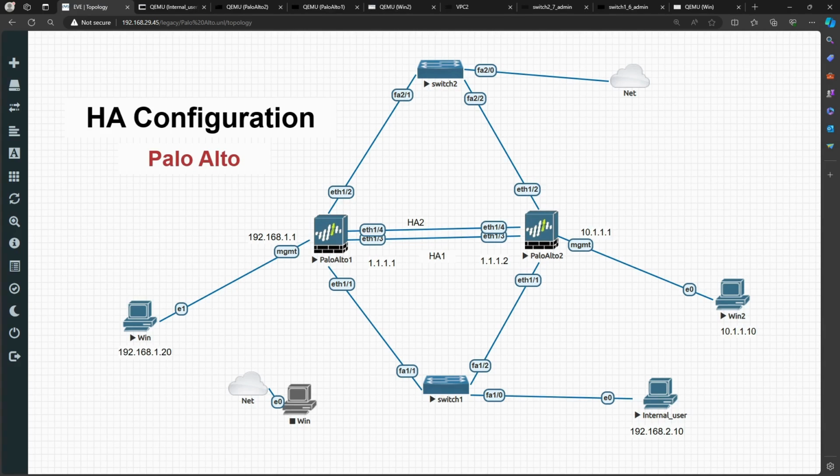Am with you for HA configuration in Palo Alto Firewall. If you have not gone through its theoretical one, because this session is going to be totally configuration and lab part. If you have not gone through the theoretical one or part one, the link is in the description. Please go through that first, else it will be really hard for you to understand if you are not familiar with the HA configuration. So in this lab setup, what I have done, I have taken a simple topology in